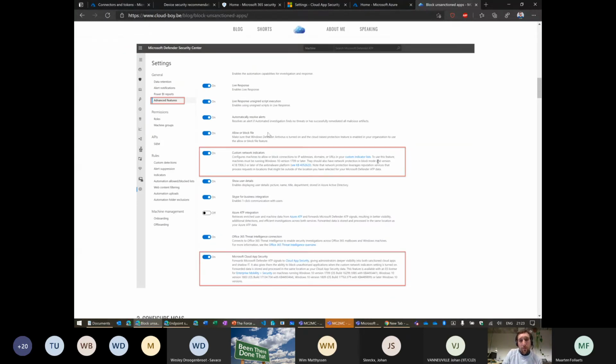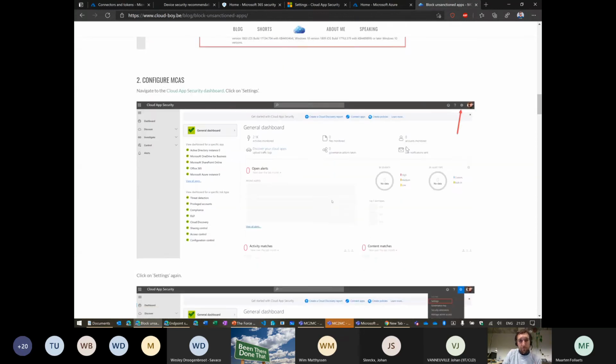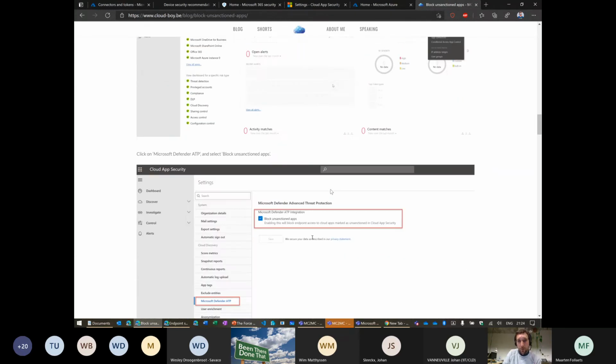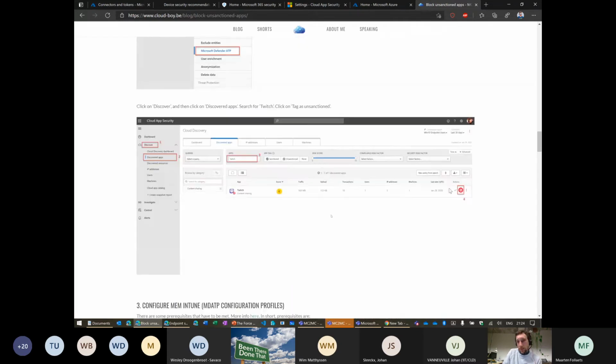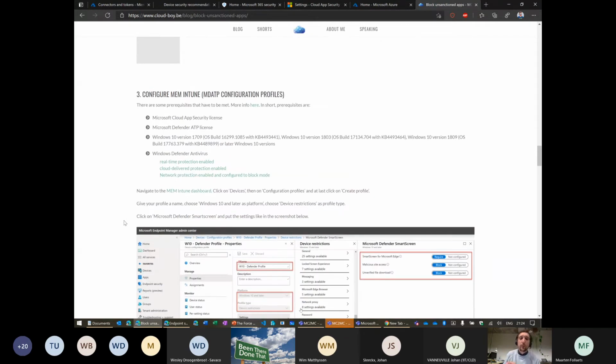MDATP, like I said, network indicators, and we're going to connect it. In MCAS, we're going to block the unsanctioned apps. And if you follow it, you click on unsanctioned app, and it won't work already here. So we have to, in Intune, push some settings.